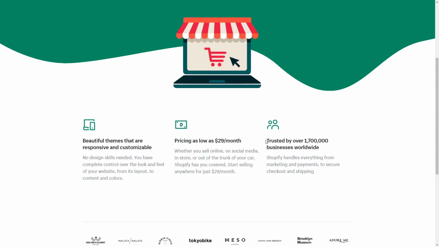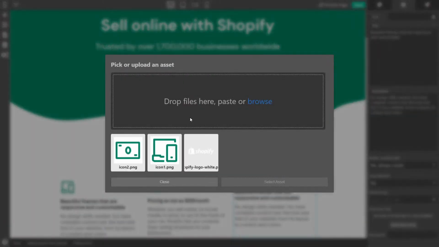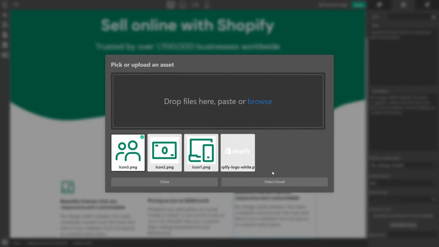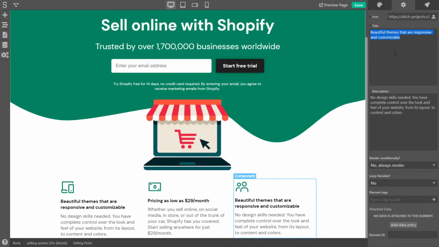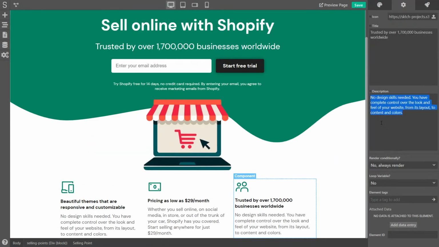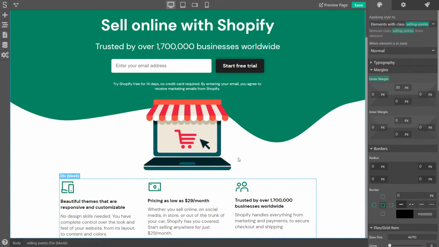Alright, and let's do the same thing here with the third one. So we select, we change the icon, select it, change the title, the description, and we're done. Alright, so now what we can do is